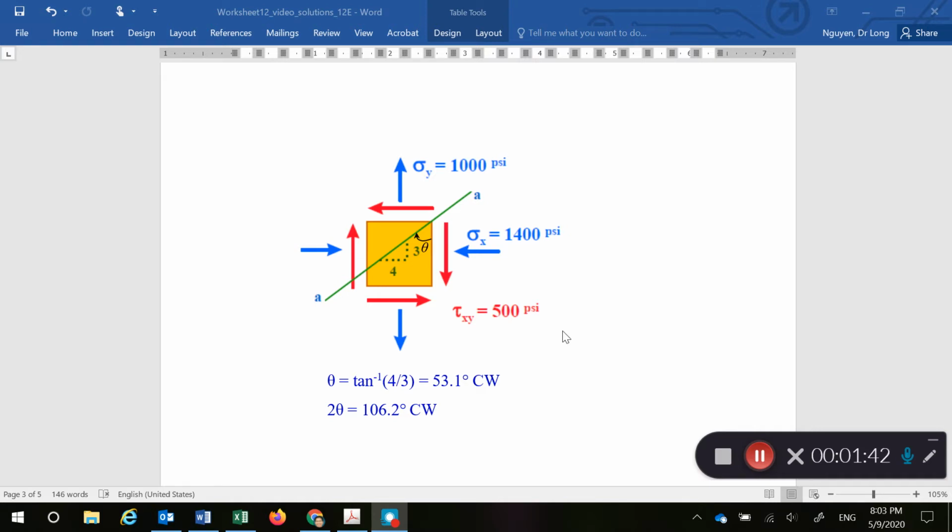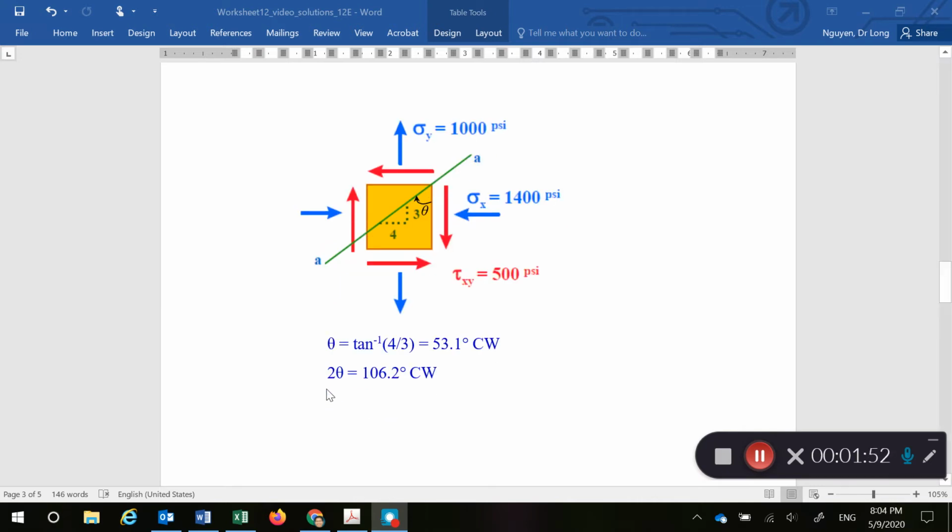If you use the equation, it will be negative 53.1 degrees. Go back to worksheet 12C, you have all of that. And for the Mohr circle, everything has to be times 2, as you see in worksheet 12D. So 2 theta is